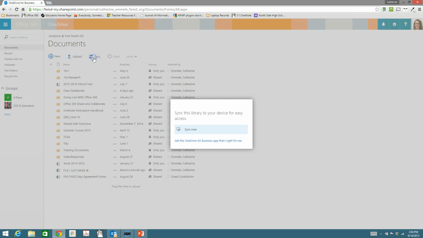Click that sync button, and this is going to work with your student computers because your student computers have Windows 8. So that's what's going to let this work so seamlessly. As you have Office 2013, Windows 8, that sync button is going to work for you. We're going to sync now,